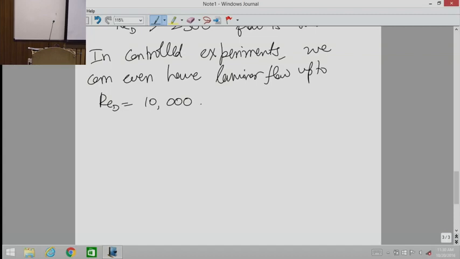So now from a computational viewpoint, what will happen when you have changes taking place at small times and small lengths? Can anyone guess? What will be the difference if I have to carry out a computational simulation of a smooth flow where changes are taking place over large lengths, vis-a-vis a flow where changes are taking place very randomly? When I make a grid, we'll need a very fine mesh. All these solutions, when we do in numerical methods, we make a mesh of the whole domain. Now that mesh has to be finer.